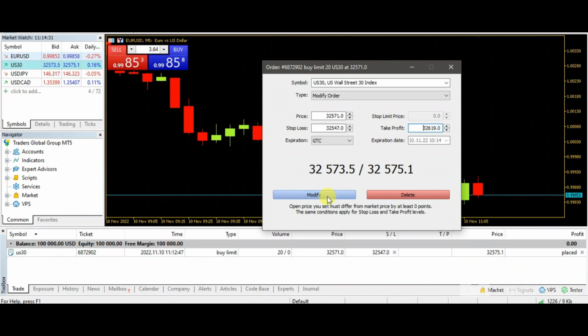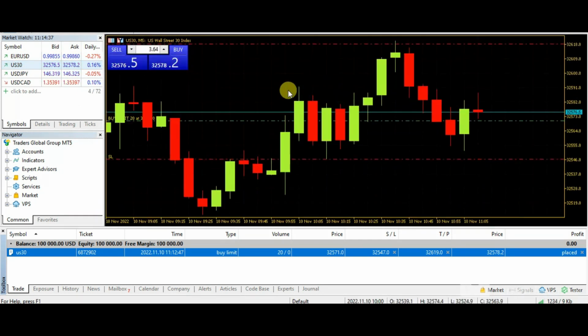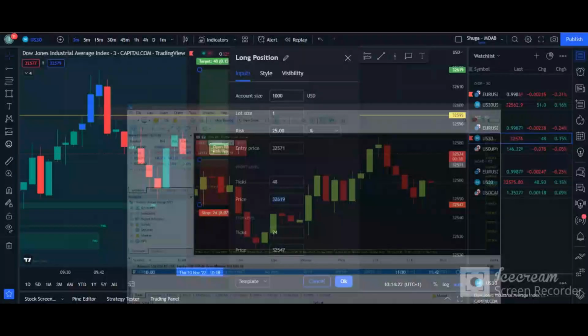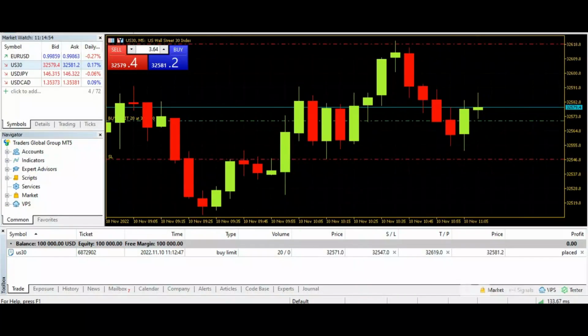Alright guys, so this is episode 4 of the $10 to $1,000 challenge. As you can see, I had my pending order placed on US 30. So real quick, I saw this breakout of market structure, and I was looking for price to retrace into an